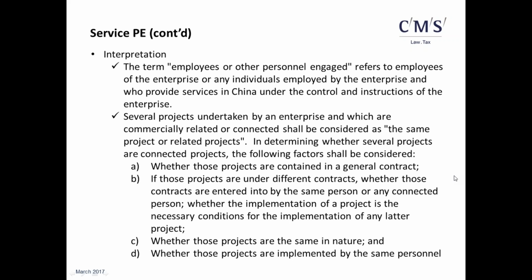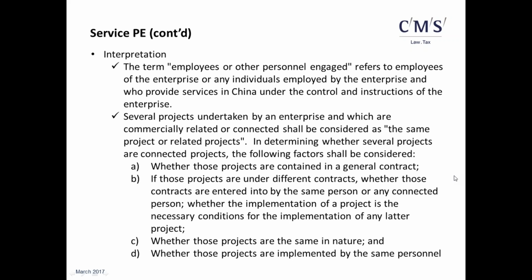Okay, and the second interpretation is about the same project or related projects. When we talk about the definition of the service PE, we mentioned that if the time threshold is reached for the same or related projects, a service PE will be constituted. But what is the definition of the same project or related project? We should consider the following factors. The first is whether these projects are contained in the general contracts. For example, a